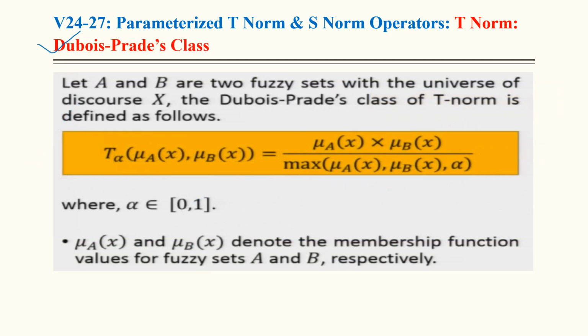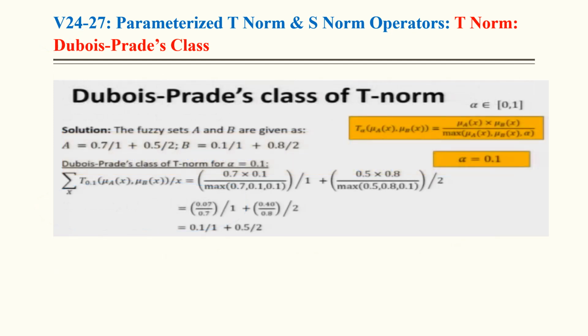Same for the Dubois-Prade class, we have to take care of the formula. It is mu A(x) into mu B(x), divided by the maximum of mu A(x), mu B(x), comma alpha. So alpha belongs to the range 0 and 1, both included. So the formula is simple, same question: fuzzy set A, fuzzy set B, and for alpha 0.1 we have to calculate. So put it in the formula: 0.7 and 0.1, right? And again the maximum of 0.7, 0.1, that is